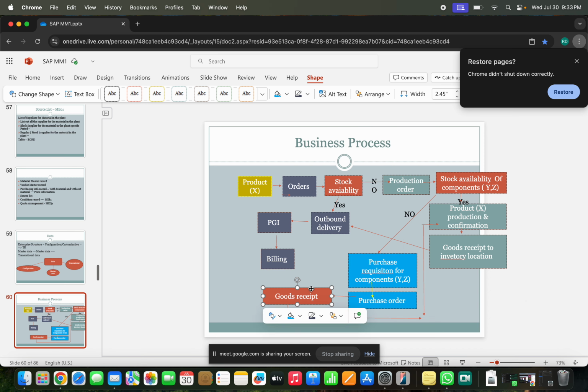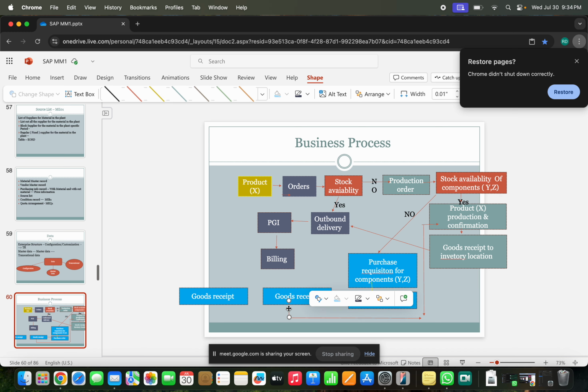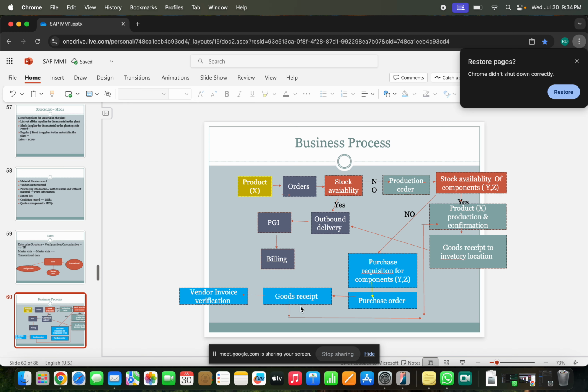And what else? Stock. You will be having one more, which is vendor invoice verification. Okay, then